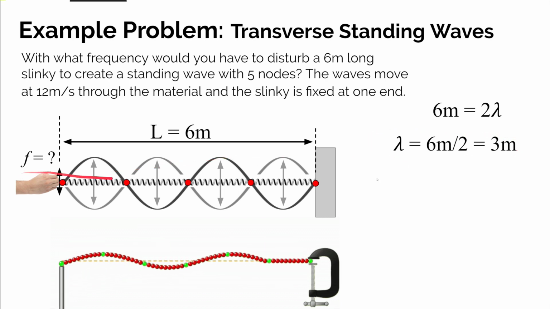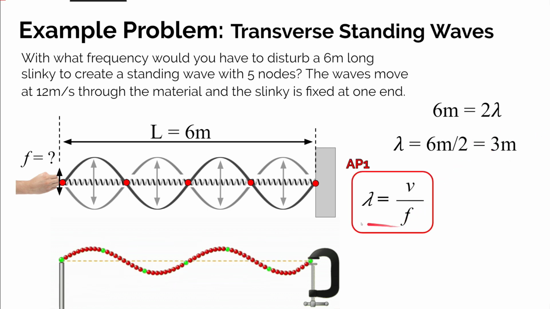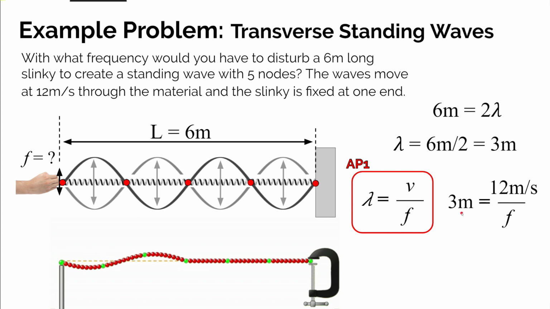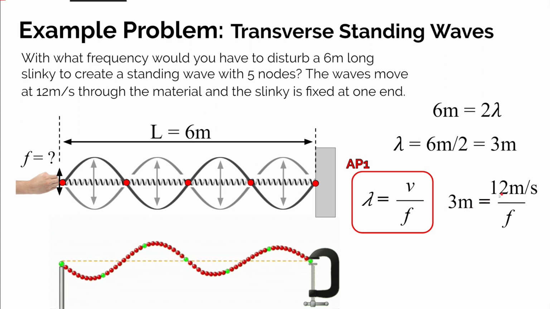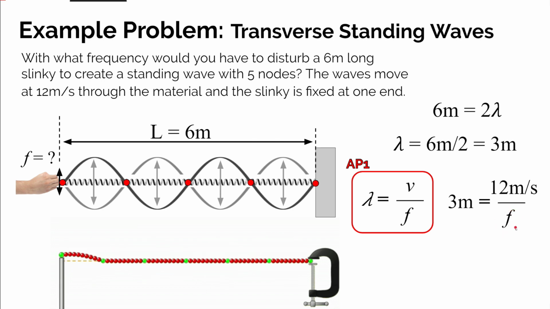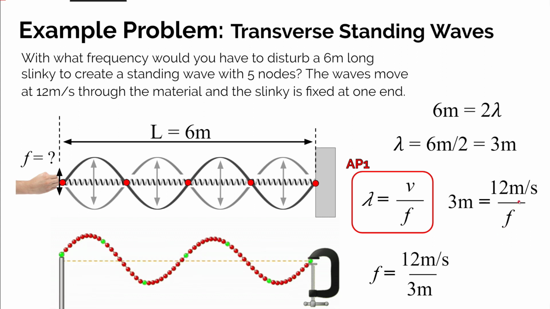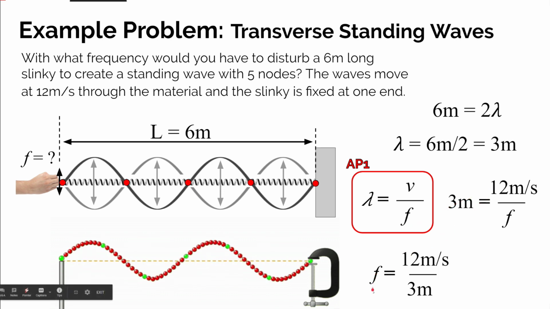Well, if you know how big of a wavelength you want to create, how do you figure out the frequency? Again, we're going to use our wavelength and frequency equation, which also depends on the wave speed. So we know the wavelength needs to be 3 meters long. The problem said that any pulse that moves through the material will be moving at 12 meters per second, and so we can solve for frequency. Be careful when you guys solve for frequency. You have to multiply by f to get it out of the denominator and then divide by 3 meters. And so when you do those two algebraic steps, you get that the frequency is equal to